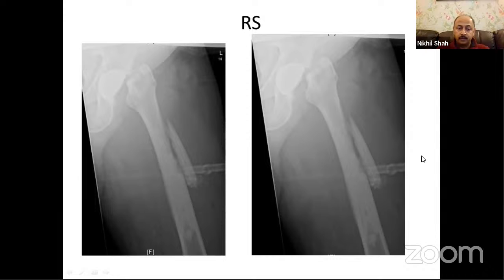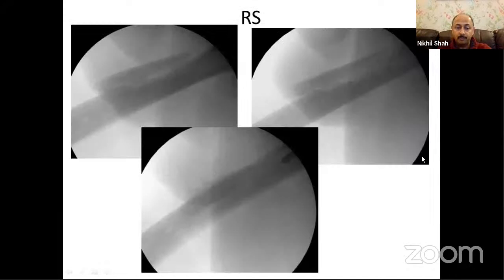So this was a cemented hip replacement. We are not quite sure what happened during surgery, but at some stage during the process of reaming and broaching, there was a big fracture, which unfortunately the surgeon did not realize. And he put cement into the femur to try and cement his stem. And when the cement started coming out of the fracture, that's when he realized that there was an intraoperative fracture. So thankfully, he did not put the stem in. This is the stage at which he called us. Surgery was abandoned and the patient was referred to us.